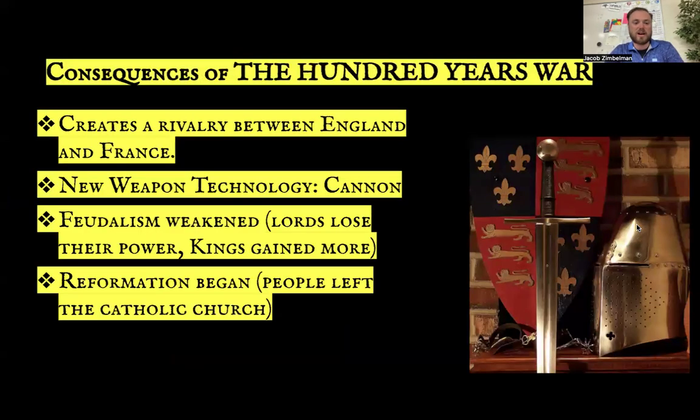And then the final consequences of the 100 Years' War. Moving forward, this would create a lot of tension and a rivalry between England and France. We have some new weapon technology: the use of gunpowder to launch projectiles, developing gun barrels, early versions of machine guns. Feudalism starts to get weakened because of the decimation of the feudal lords all across France from England. And the beginning of the Reformation started because of all this questioning of the church, which we're going to get